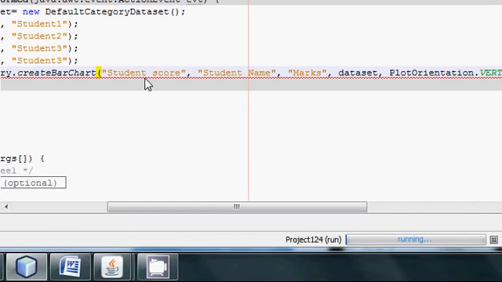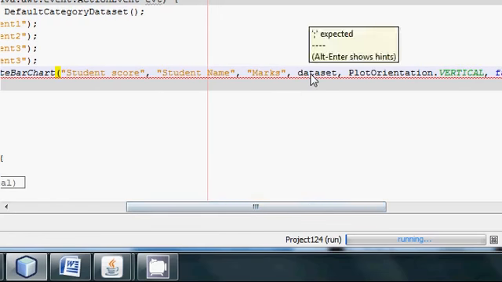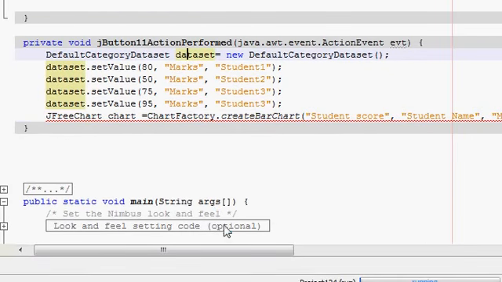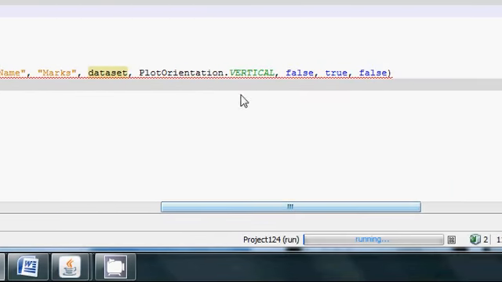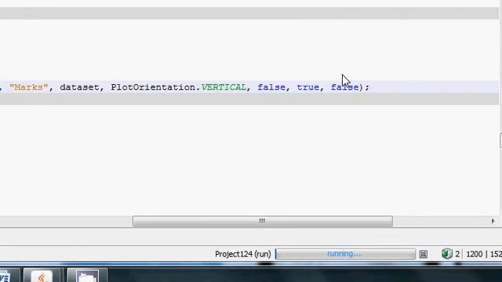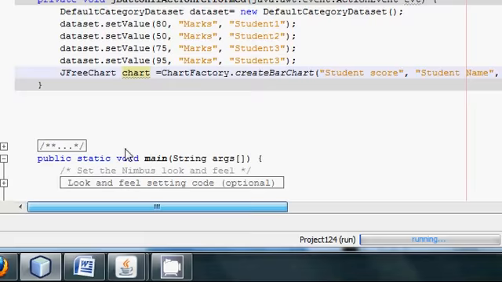So the title of my bar chart, then x-axis title, y-axis title, my dataset variable, then my orientation I'm taking vertical, and then false, true, true, and after that semicolon,